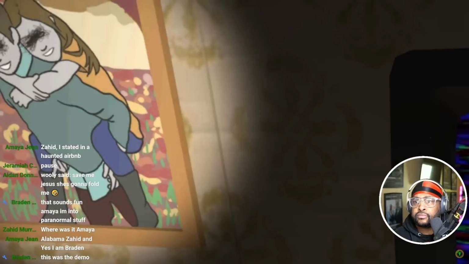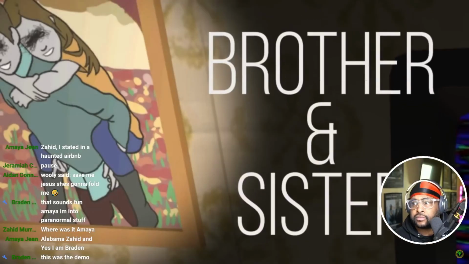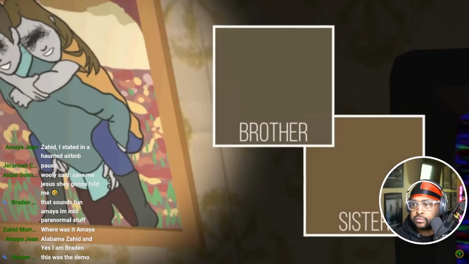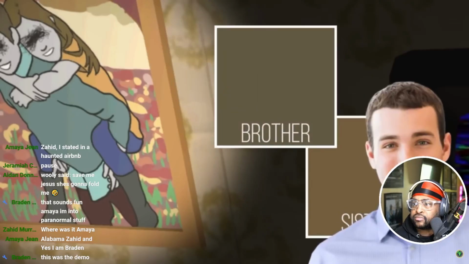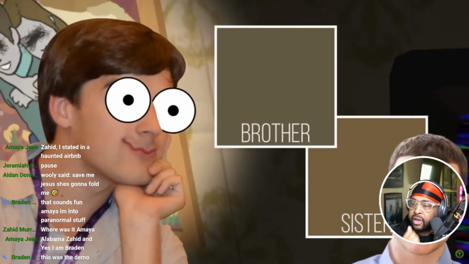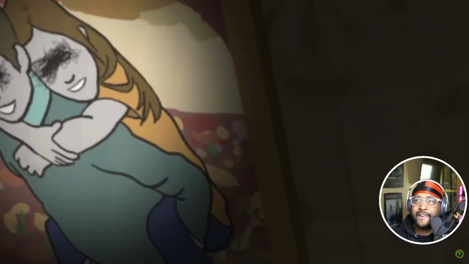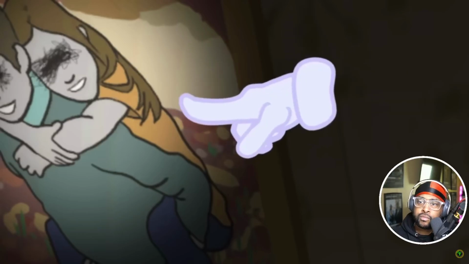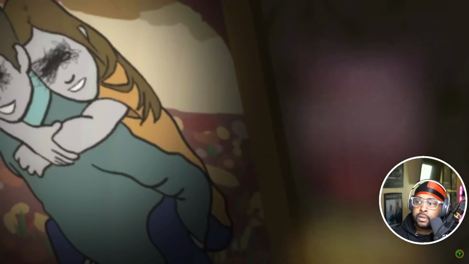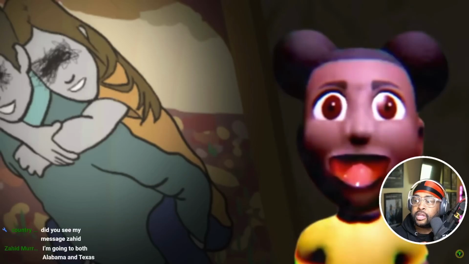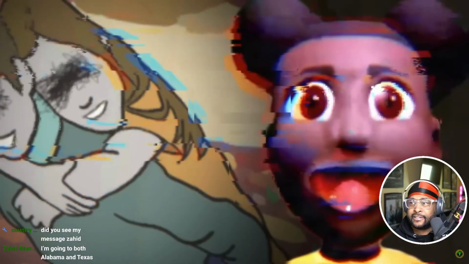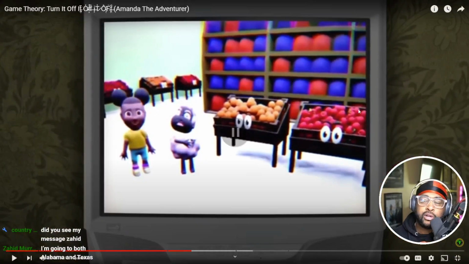Now, the playful, childlike pose seems to indicate a brother and a sister. They also have the same hair color, which, if this was normal life, would mean practically nothing. But in video game speak, that's shorthand for these people are clearly related. Also, you notice anything familiar about the girl in the photo? Yellow shirt, blue pants. It's the exact same as another little girl we know, Amanda. Could this girl be our adventurer?